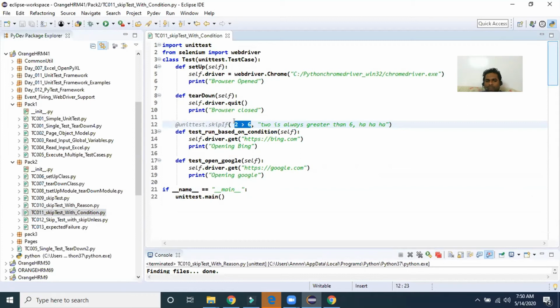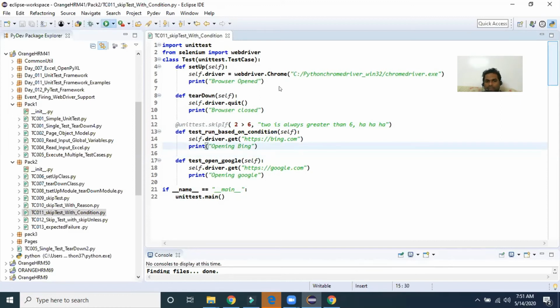If you want to add any condition, you can add it here. For example, two test cases are dependent, and if the result of the first test case is a fail, or some flag is set, you can mention that condition here. So here I'm writing 2 greater than 6, which means my condition is false. So this time, we will see how this is executed.